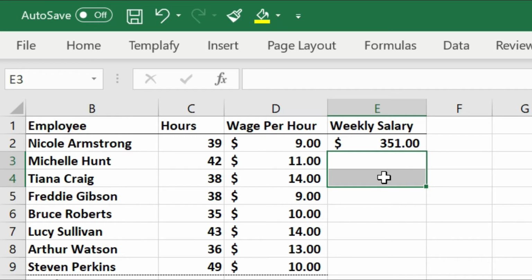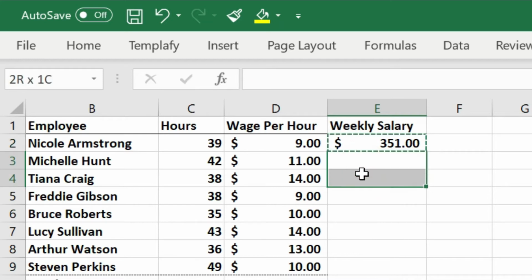So for that we have a solution in Excel. We have something called the copy command that allows us to easily compute the weekly salary of every employee, even if there are millions of rows, right? So how can we achieve that? First method would be to just copy this cell E2, right, where we have C2 into D2.